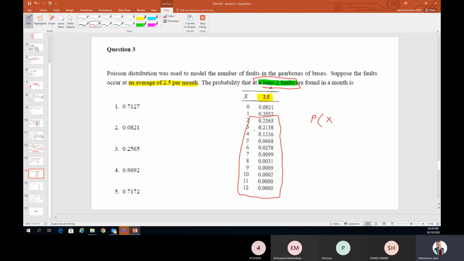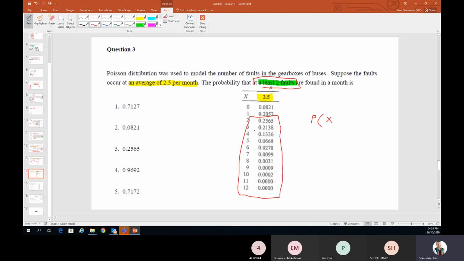At least 3, at least 4, so at least 2 was covered. If you said at least 1 fault, it's not 2 yet. So it is 2 and more. Okay, so it's a very, very difficult one to nearly explain. I hate these